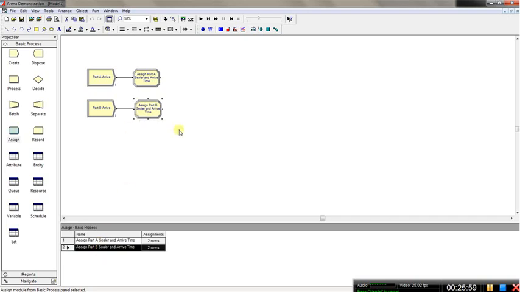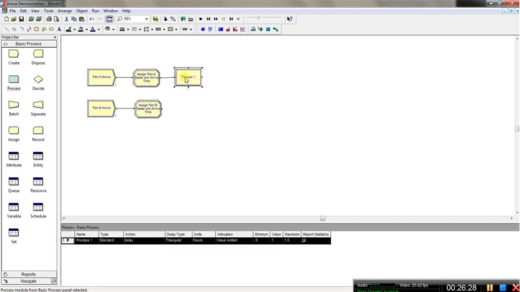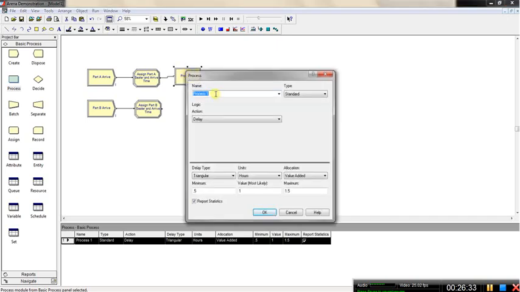So the next thing I'm gonna do is the processes for part A prep and part B prep. To do that, I'm gonna select the A first, so assign A, because I want to connect my PrepA process to the assign A. So I'm grabbing the process, and I'm gonna connect. This will automatically connect it to the assign. And so the next thing for me is to change the process name,